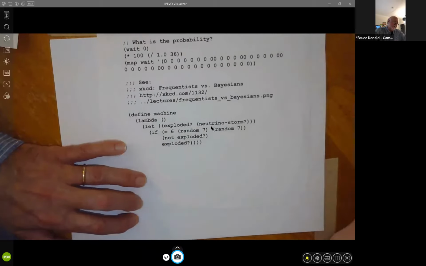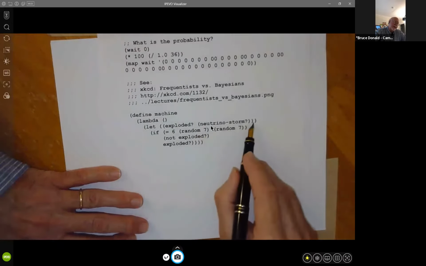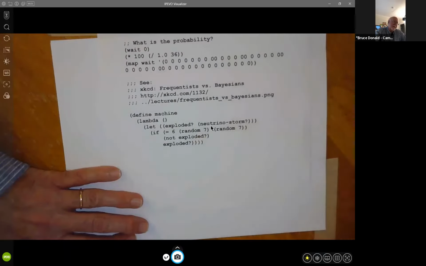So this strange machine that we built actually can be implemented in Scheme. Of course, we have a little trouble implementing the neutrino detector unless you want to go deep into the mines above the deepest mountains in Japan, or you want to go to Antarctica where they also have such a device.